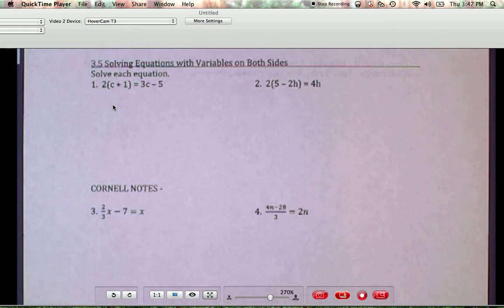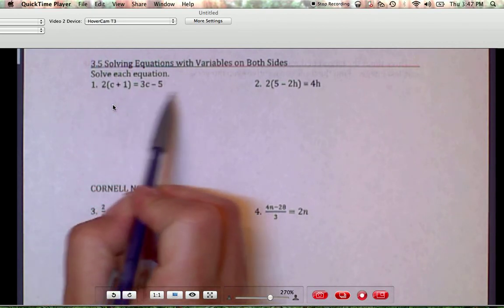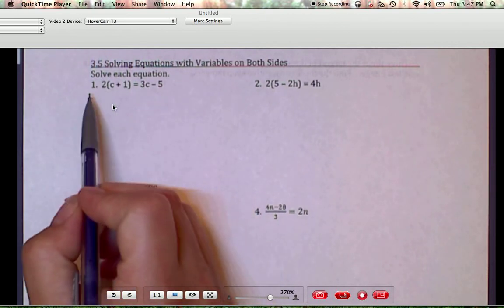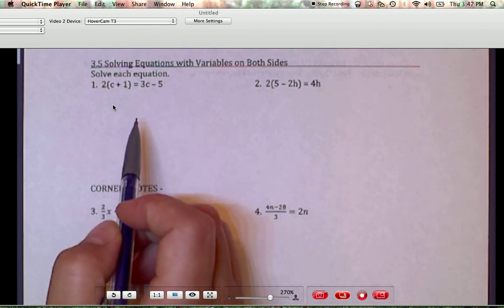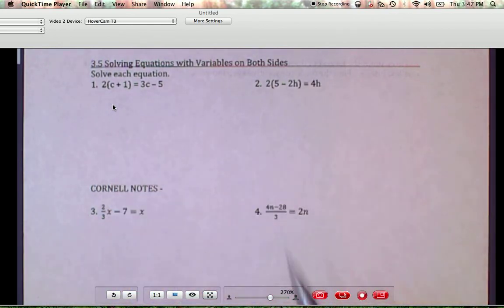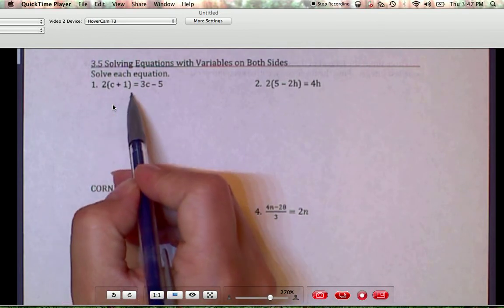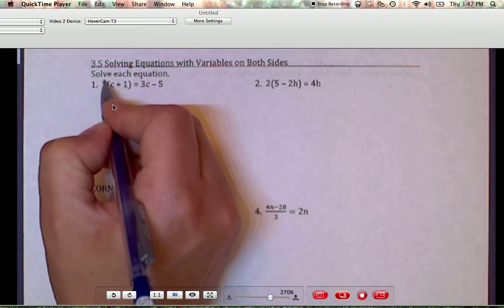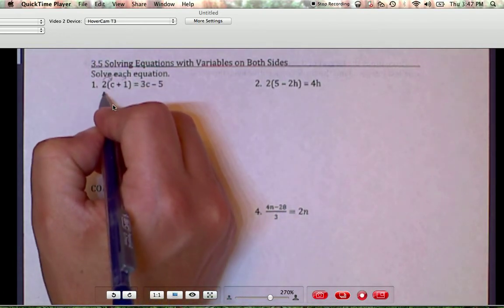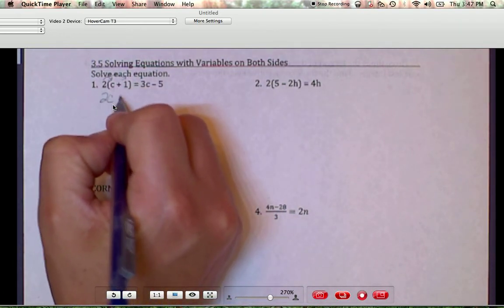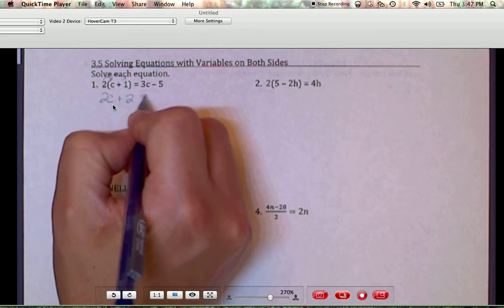When we're solving an equation with variables on both sides, the first thing we need to do is simplify both sides. Whatever you can do to simplify the left side or the right side should be done first. To simplify the left side here, we would have to distribute. We're going to pass out that 2. Remember, distributing is multiplication, so 2 times c is 2c, plus 2 times 1, which is 2, equals